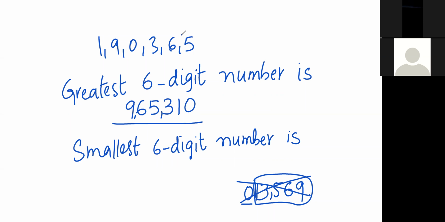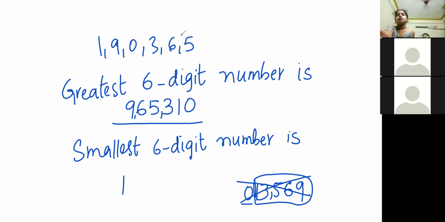What you have to do, other than 0, hide that 0, cover that 0 and see which one is the smallest digit among all those. It's 1, right? Other than 0, you find 1 as the smallest number. Now what you have to do? You have to put immediately 0 then. After you place the least number other than 0, you have to place 0 immediately. Got it? Now you have finished 1 and 0.